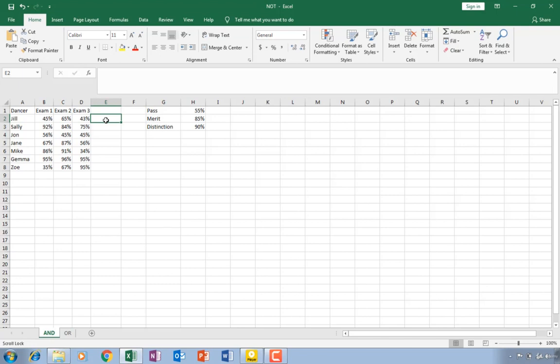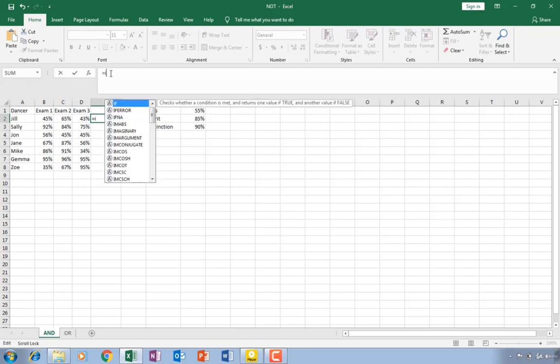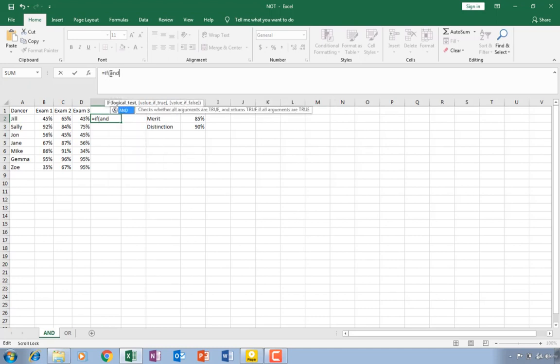Or they are not improving. So the formula is going to be equal sign, and I'm going to use the formula bar to type the formula. IF, open the AND, open brackets, then we're going to type NOT, open bracket, C2 is less than B2, close the bracket, comma, NOT